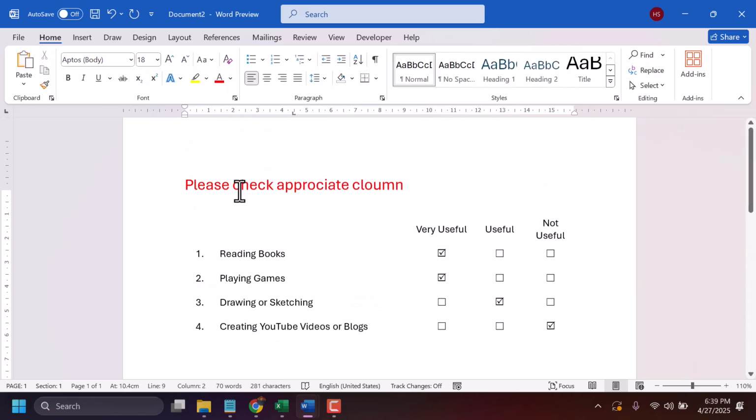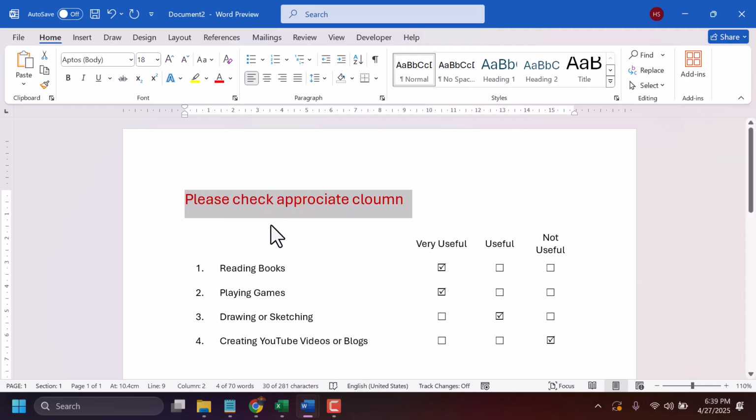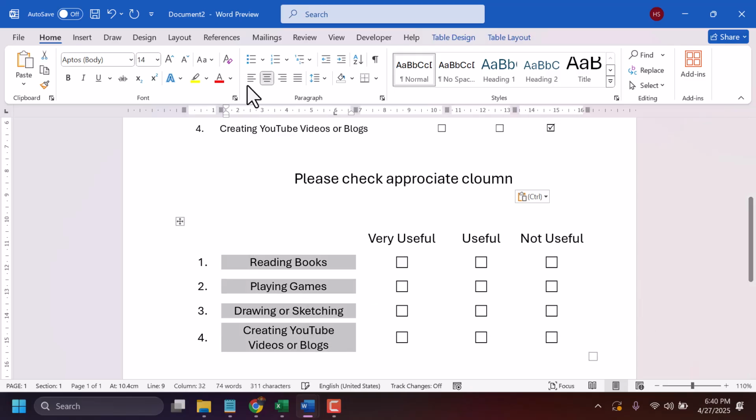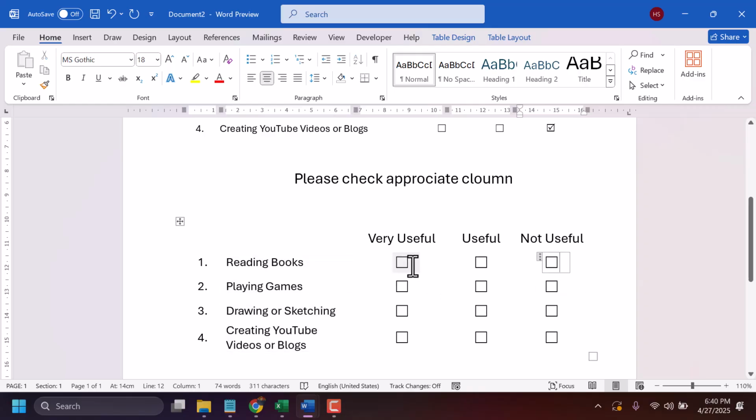Now you can make a heading, you can adjust the alignment like right. Now we can add this type of